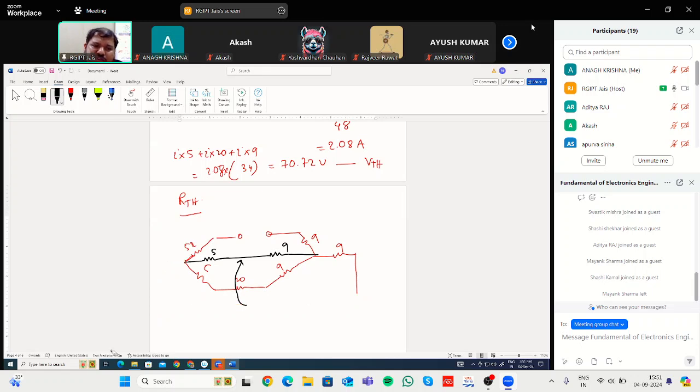So now you can see, if you look from these two terminals, you first face the 5 ohm resistance. So 5 is in series with these two in parallel. Here it is 14. In this path, these two resistances you can add, it will be 14 multiplied by the resistance on this path, that is 34, over 14 plus 34. And then you have to add 9. This is nothing but your RTH. If you find the answer, it will be equal to